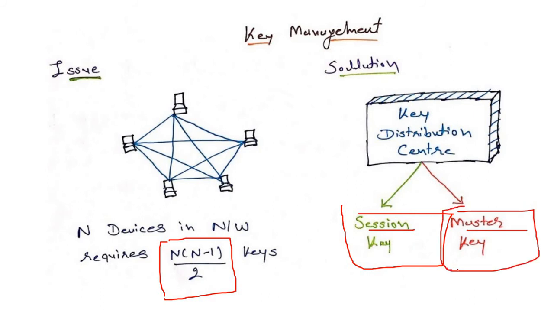In non-technical terms, whenever we get a problem with our lock, or whenever our key is not found, we go to a technician. The technician uses the master key. In most cases, the master key works on every lock. That's why the key distribution center generates one session key and one master key. The session key is used for the particular session, and the master key is used for every number of sessions that are generated. So the master key is single and common, and the session key is different for every session.